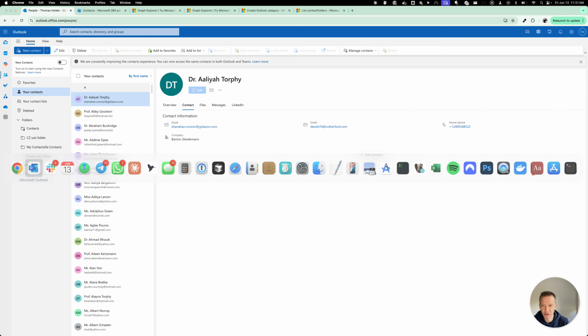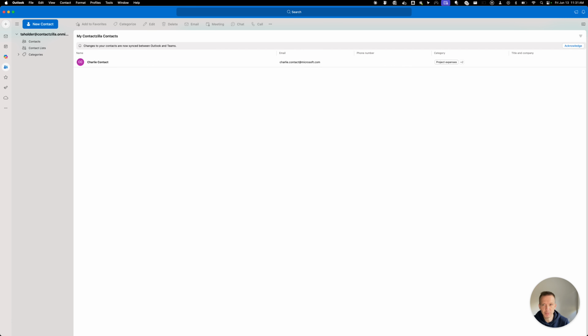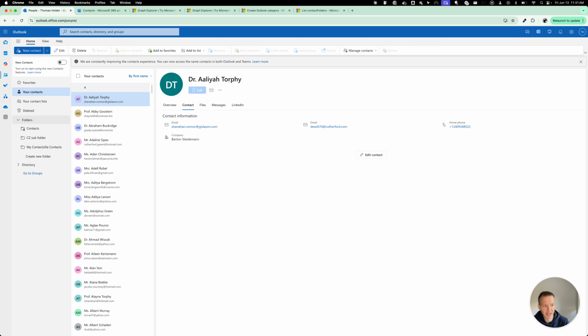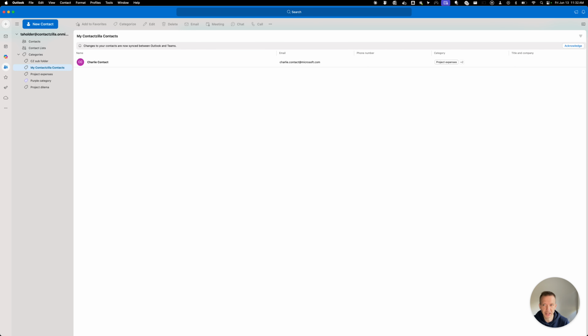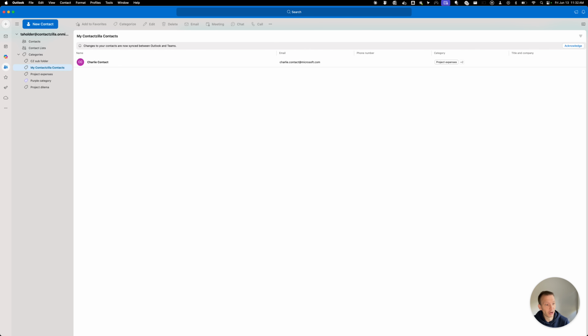Now, if I go into Outlook Desktop, you will see that these folders have actually been pulled under categories. So there is already a drift in functionality between them. From a semantic naming point of view, they're folders here and they're categories here. So what I notice is there's this new contacts, and you can enable this. And I was like, okay, so this brings this consistently in line with